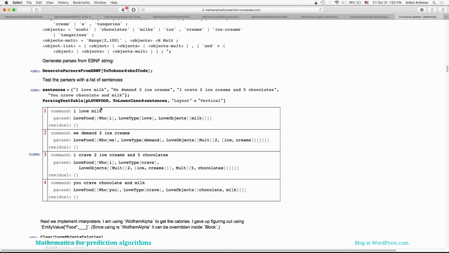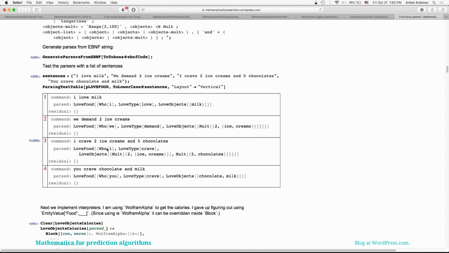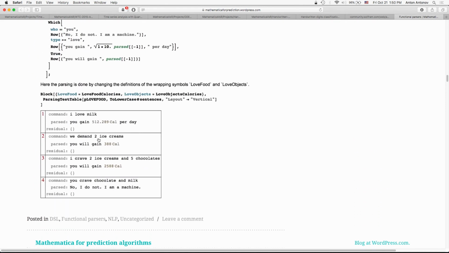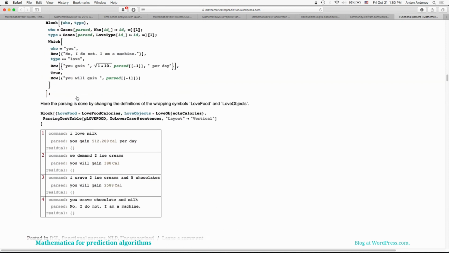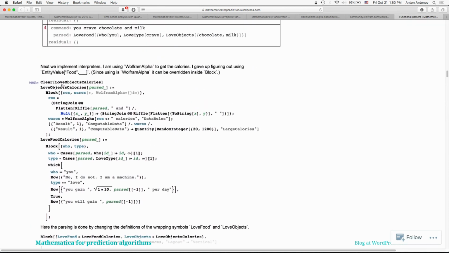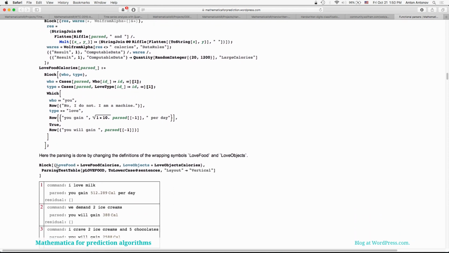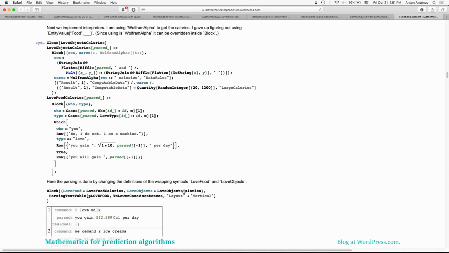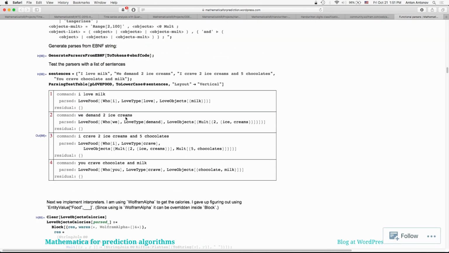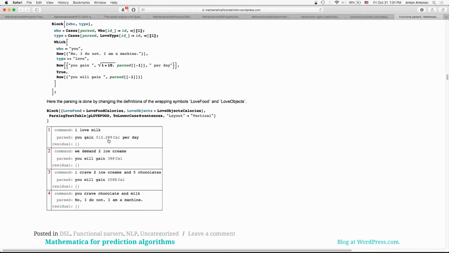This natural language has been parsed into this Mathematica expression, and now you need to provide hooks for love food and love type and whatnot, and then produce the actual result. This implementation in Mathematica just provides implementations for love objects and love calories. When I call the block for love food to be love food calories and love objects to be love objects calories, what you see here is converted into this